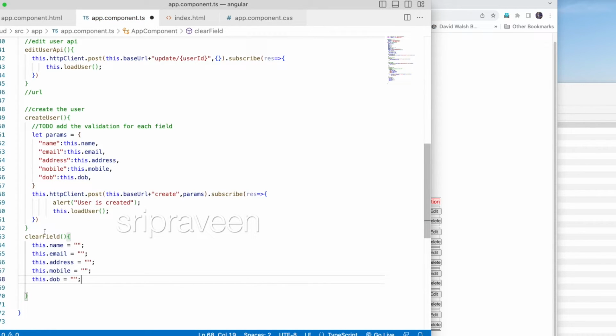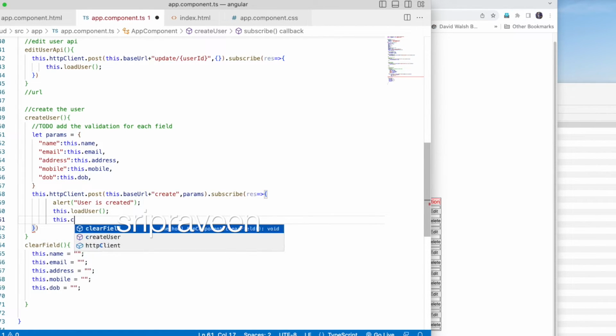That's it. The reason I am creating a function is that we need to call it in two places. So this dot clear field,